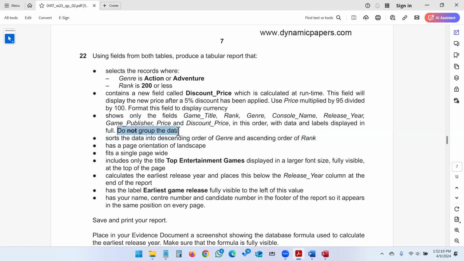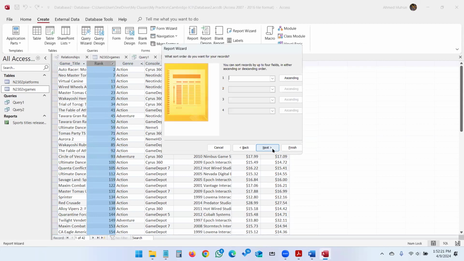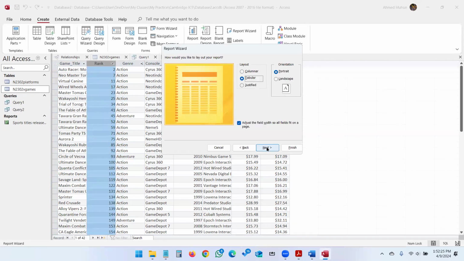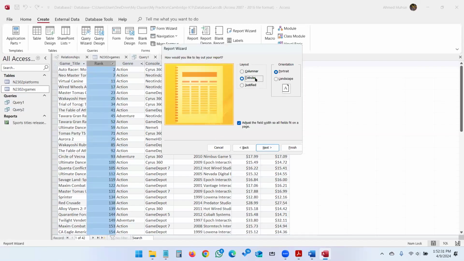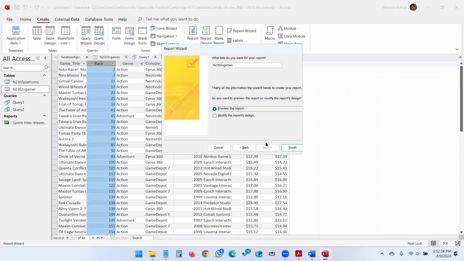Do not group data. That's also done. So we click on next. Sorting, we did it in the query itself. So we click on next. Layout, we need it to be tabular, and orientation, we need it to be landscape. Okay, so tabular, landscape, next,